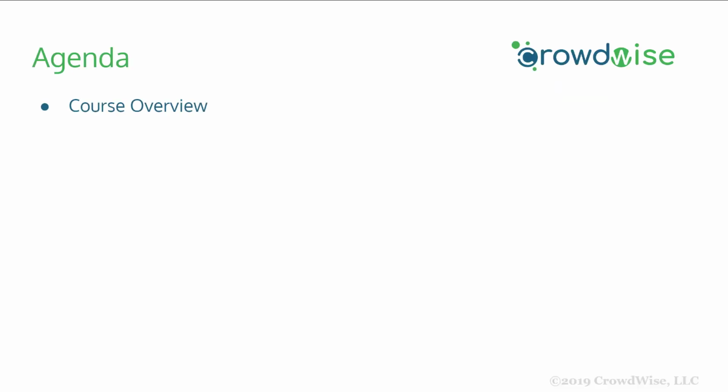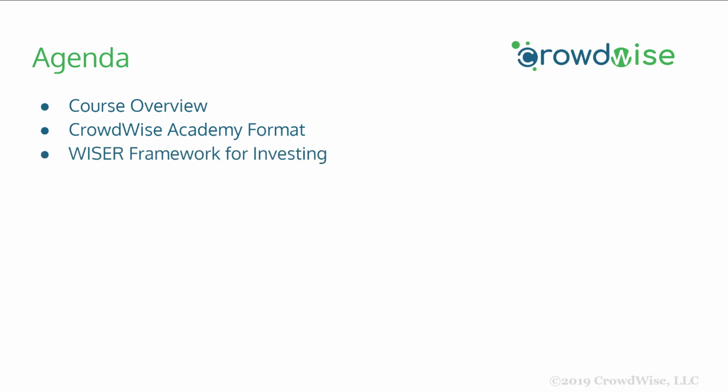We're going to be talking about today is the course overview, so we'll talk about what the different content is that you will be expecting to see. We'll talk about CrowdWise Academy format, how it's broken down between the 3 different level courses for different level investors, and then the modules within each of those. I'm going to introduce something called the Wiser Framework for Investing. This is something that I do that is a step-by-step process that I use whenever I look at investing in a new opportunity. I'm going to share some brief lessons that have been helpful to me that I've taken from various studies to help you optimize your learning and help you be able to get the most from these courses. And then we'll let you get started.